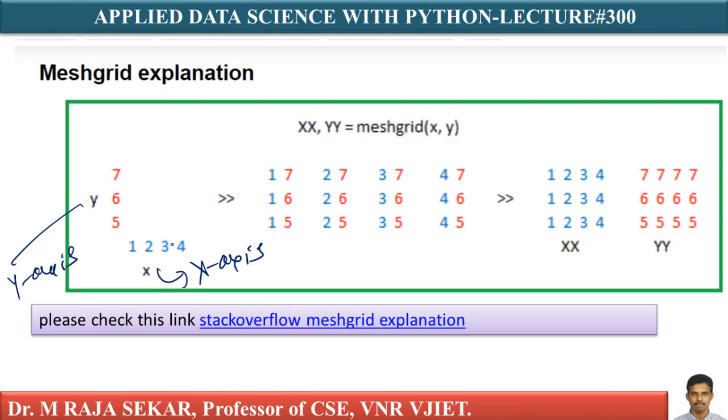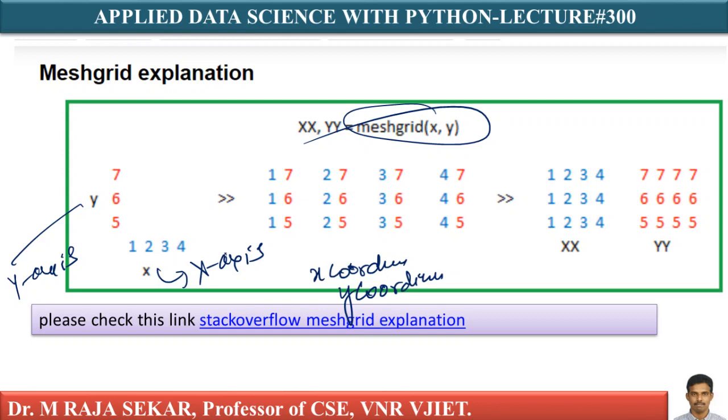For every point in the grid, I need the x coordinate as well as the y coordinate, isn't it? For that, I need to find what the class label is. First, I must identify a point with the help of the x coordinate and y coordinate. Then I have to identify its class label. First, I need to generate the grid, isn't it? The generation is called mesh grid. Yes, I can generate the grid by using mesh grid.